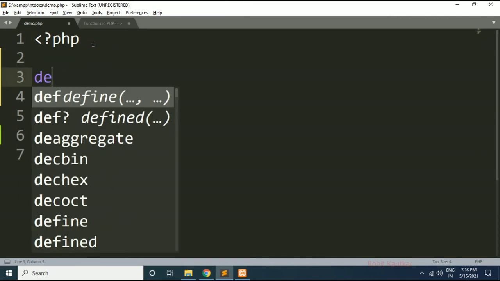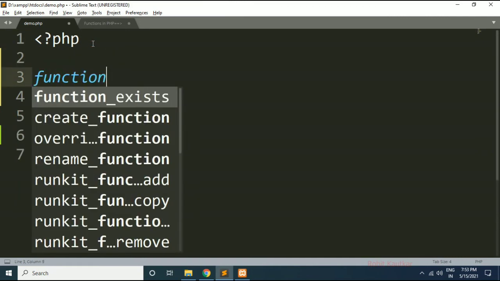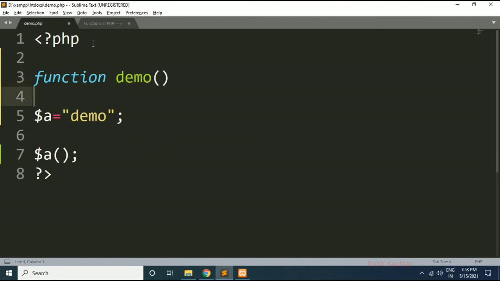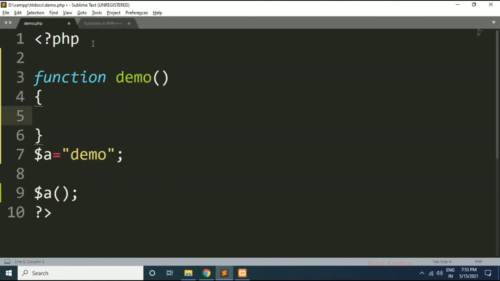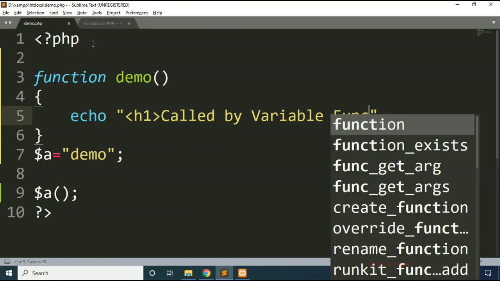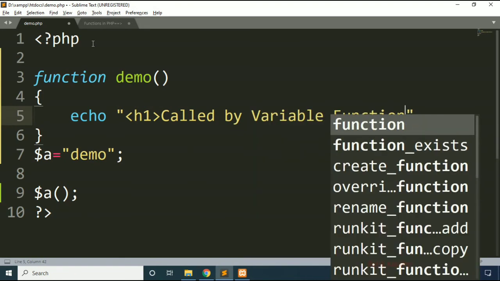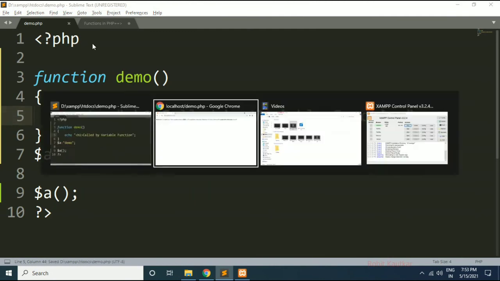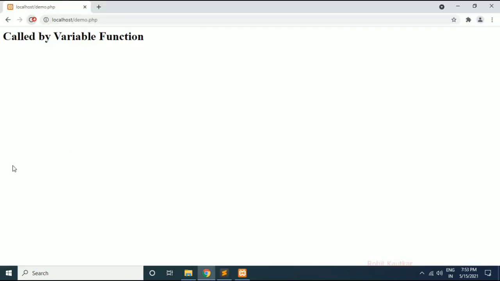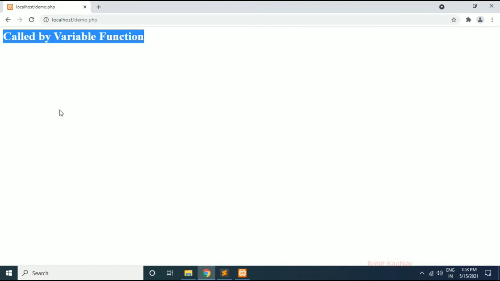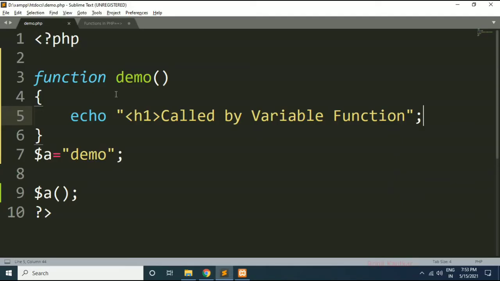So if I create the demo function here like this, and here I write echo "called by variable function", and if I go to the browser and refresh, you can see we got the output: called by variable function.